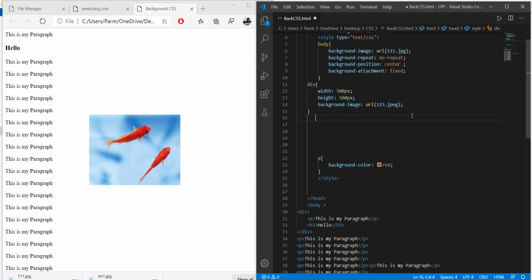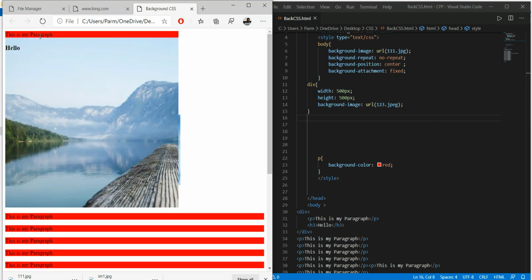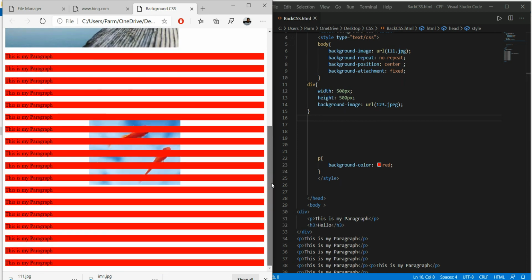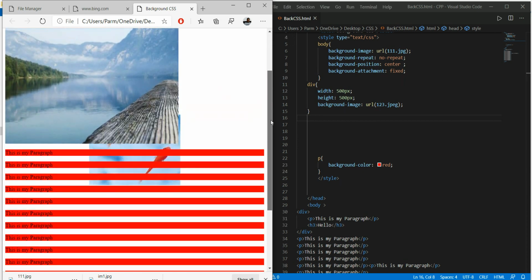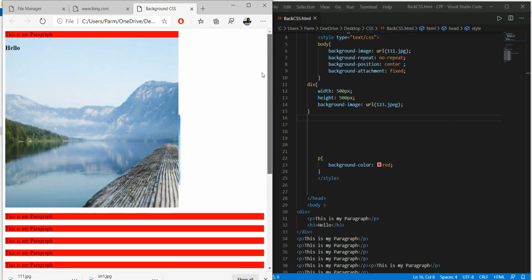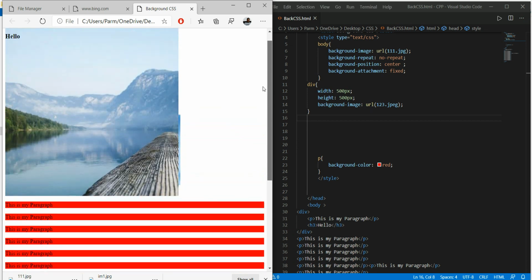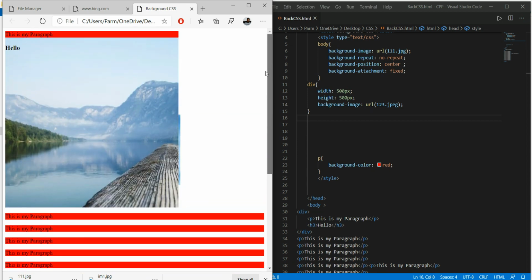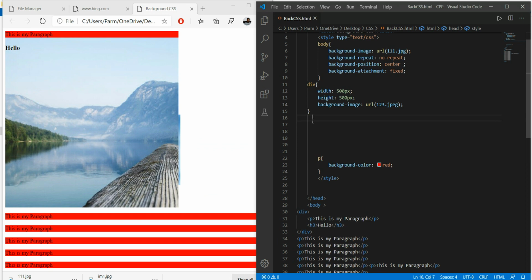We have set the value. Save this. Now see the effect. Look at this. So this is becoming scrollable, and the position of the image remains fixed over here.